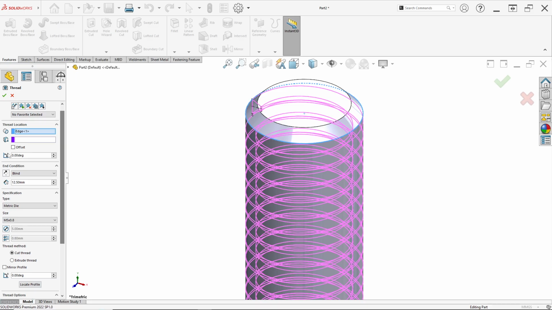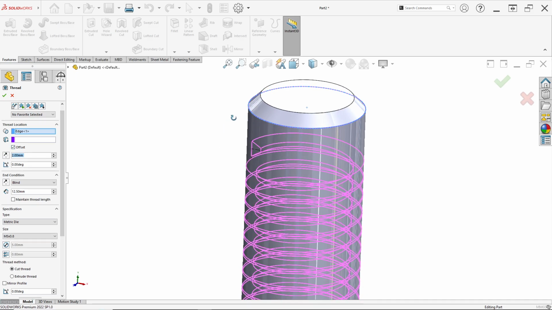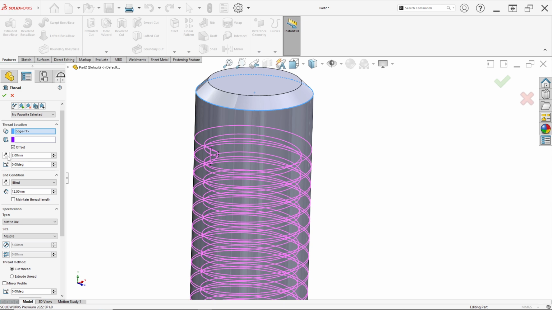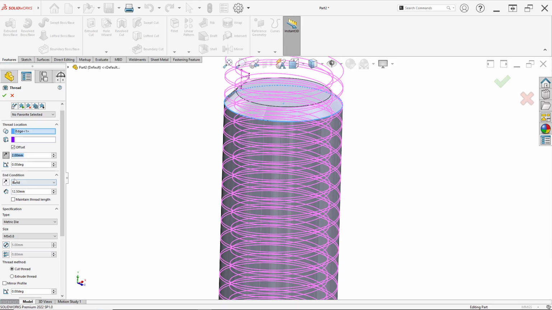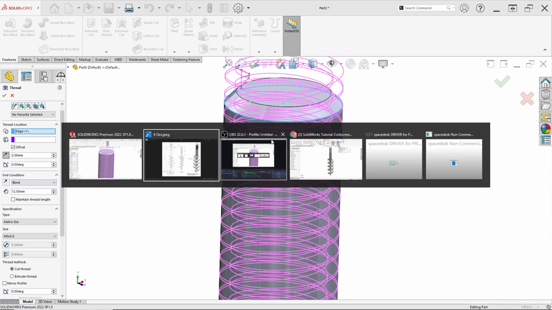And here we can apply an offset to the thread. For example, I set 2 millimeters to the top, like this. I set an offset so that a nut can be installed here. So I set the offset 2 millimeters to the top, and the condition is blind.